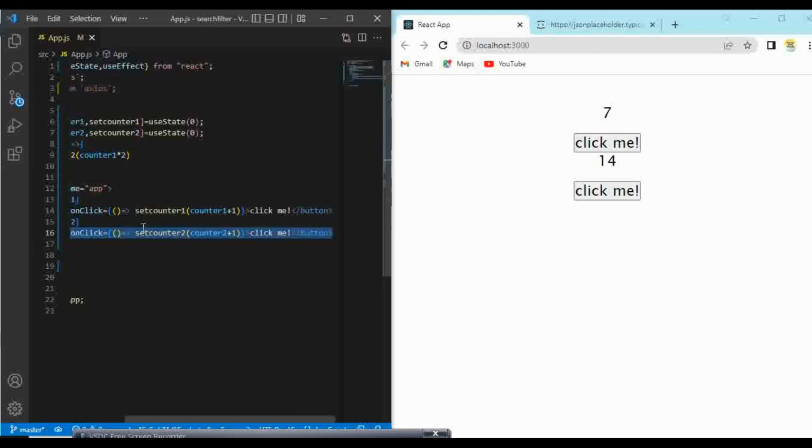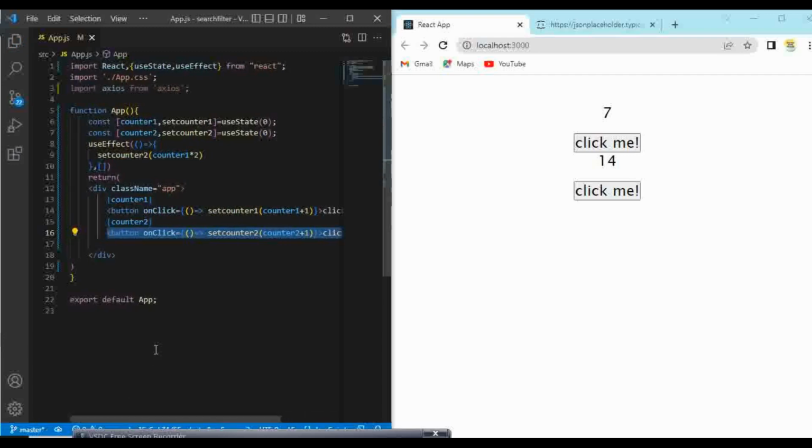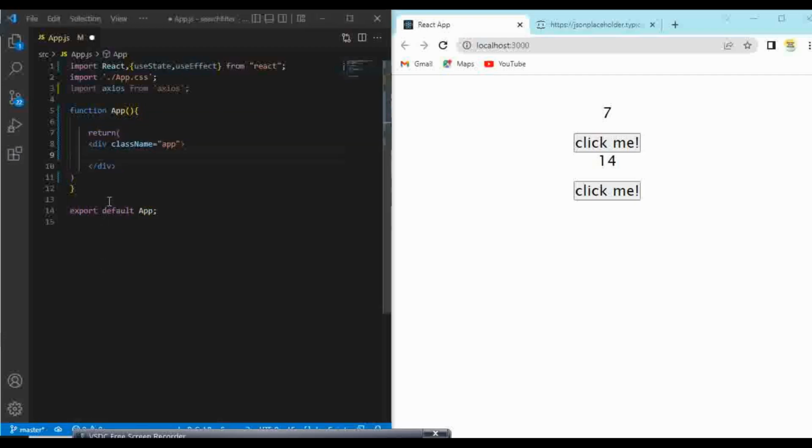So this is how componentDidUpdate works. Then the final thing is componentWillUnmount, how it is going to work. So the next one is componentWillUnmount. So for this I'm going to write